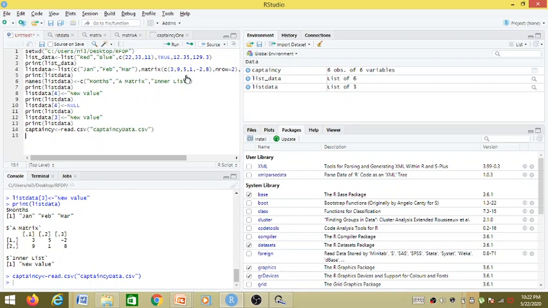And let's start. First we will create a subdata, which is another data frame from the actual data frame captaincy. So it is just a subset of the captaincy data frame. There will be 3 rows, 1 to 3, and 3 columns which we will be taking from the captaincy data frame.